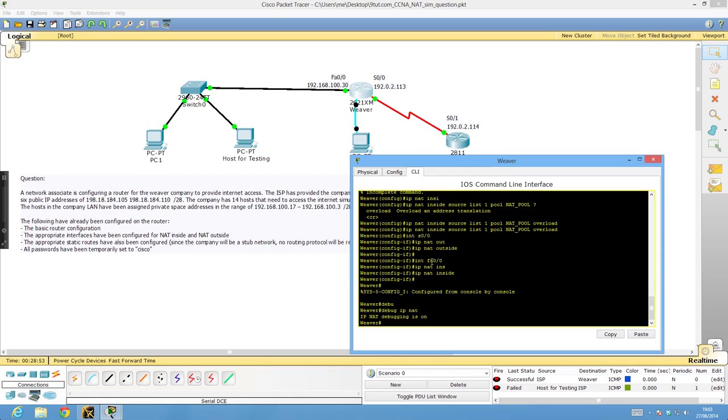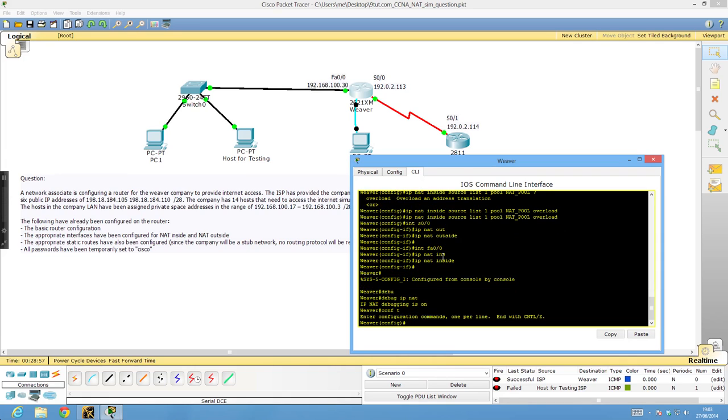All right, so let's do this. Configure terminal, ip route 0.0.0.0 0.0.0.0 interface serial 0/0. Okay,